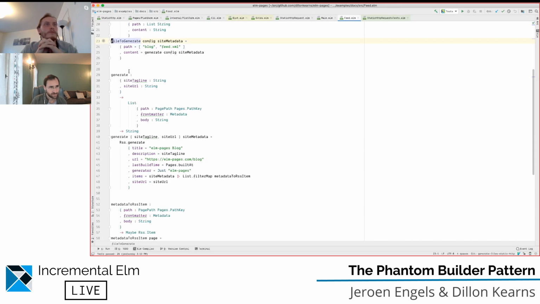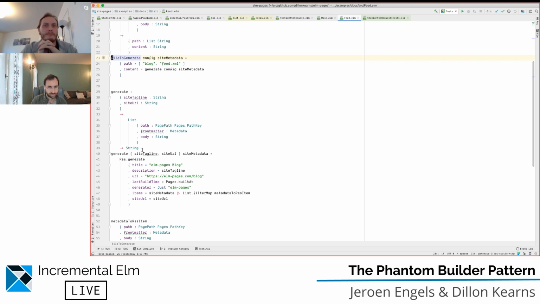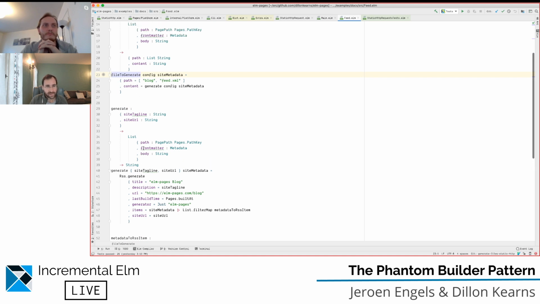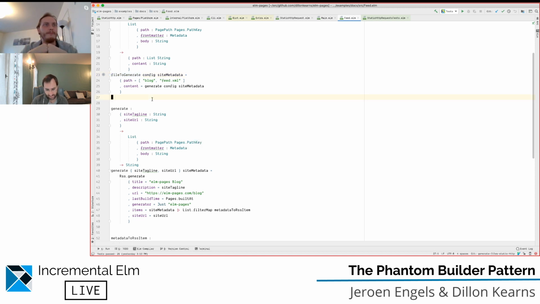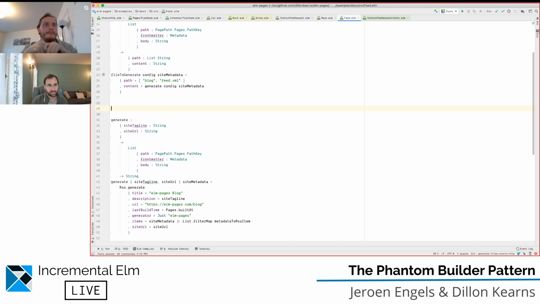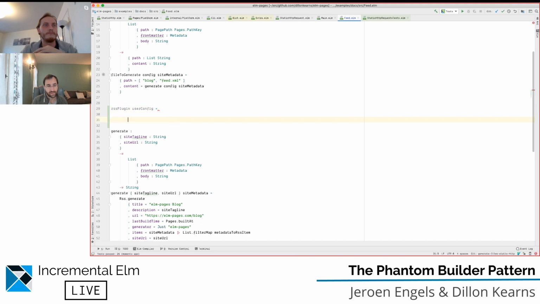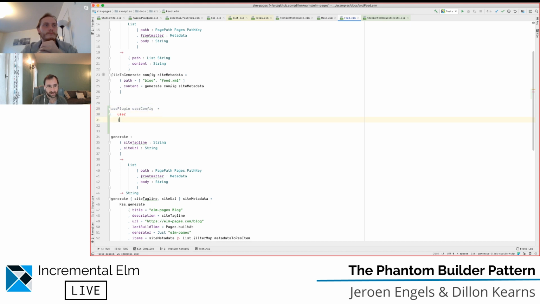So these are like plugins? So like things that enrich the Elm-pages? Yes, exactly. So the basic idea would be that a plugin author would be able to say, RSS plugin, and it takes the user's config, and then whatever thing we have from the user, and it says user config, and then it says like,